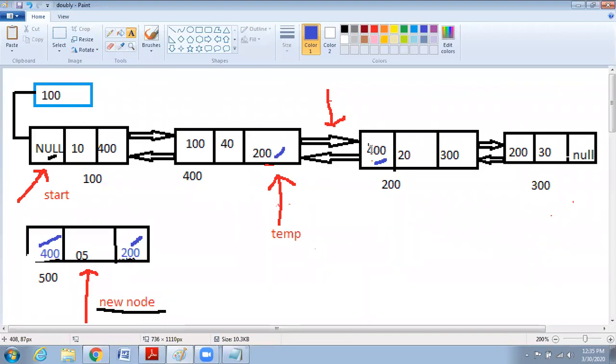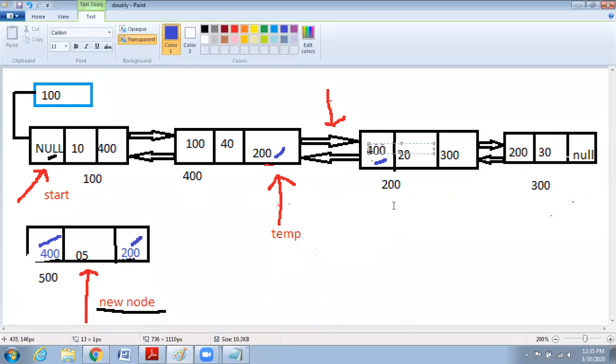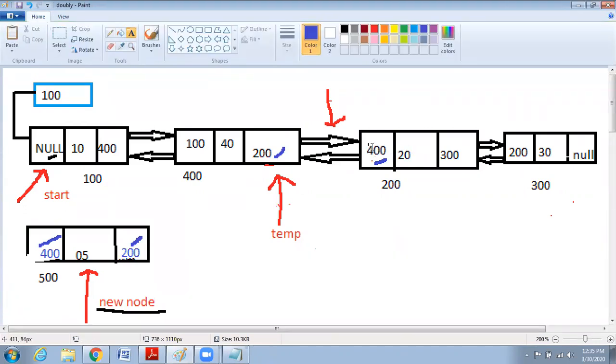Yes, we'll try to change this first. That is 200, right? I want to change it. Correct, guys? You can answer me whenever I'm asking, but don't disturb others.